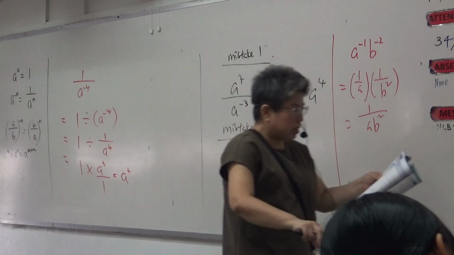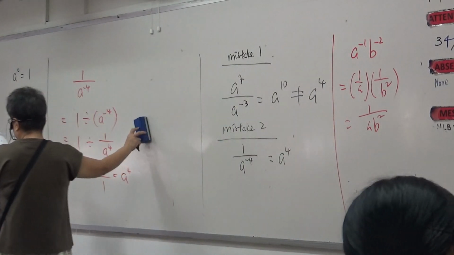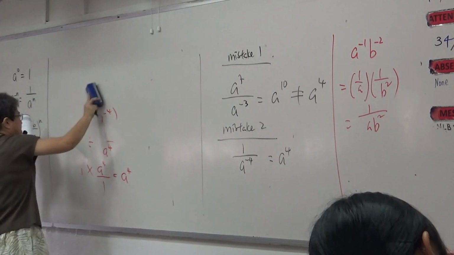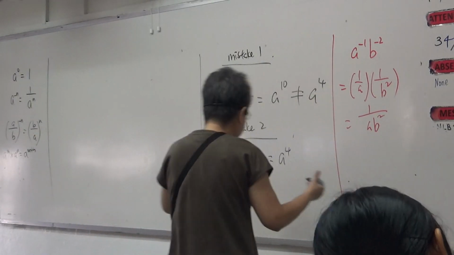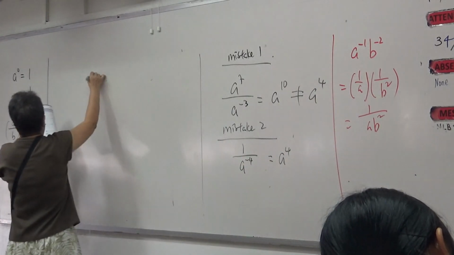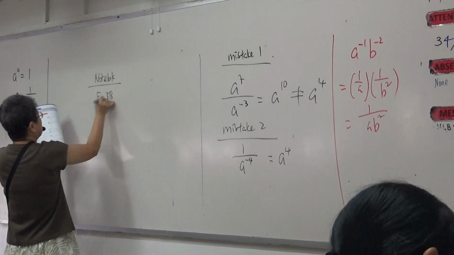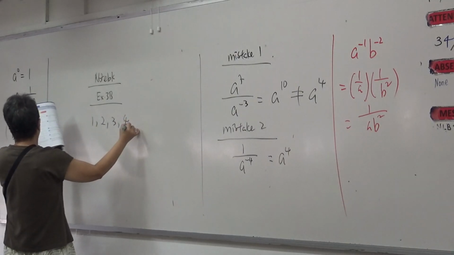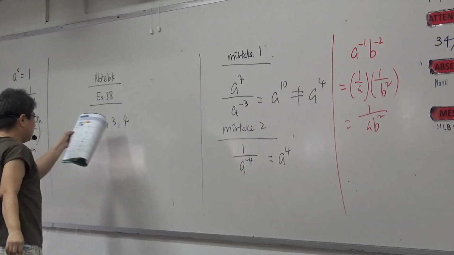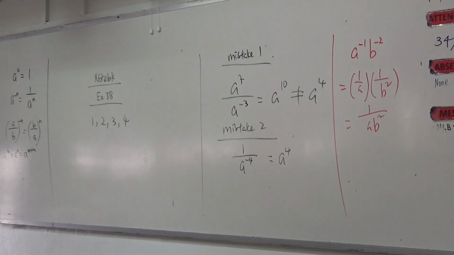Alright, now, so let's take a look at what I want you to do. Can all of you do in your notebook exercise 3B 1, 2, 3, 4 first. 1, 2, 3, 4. Alright, Calvin, stop the video. I want everybody to do